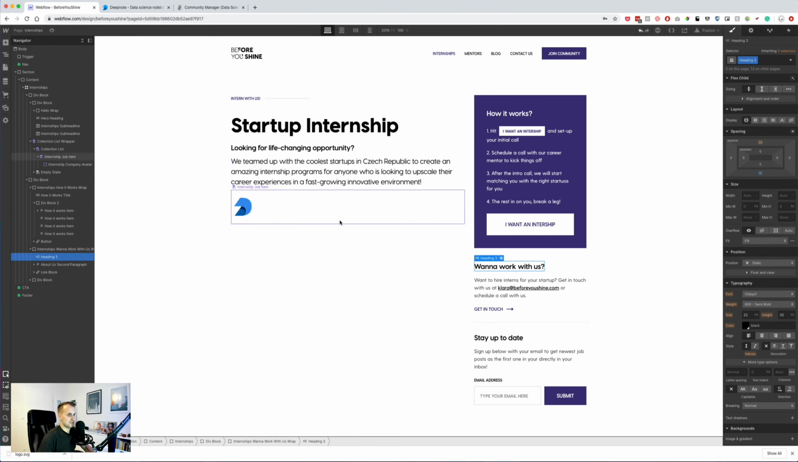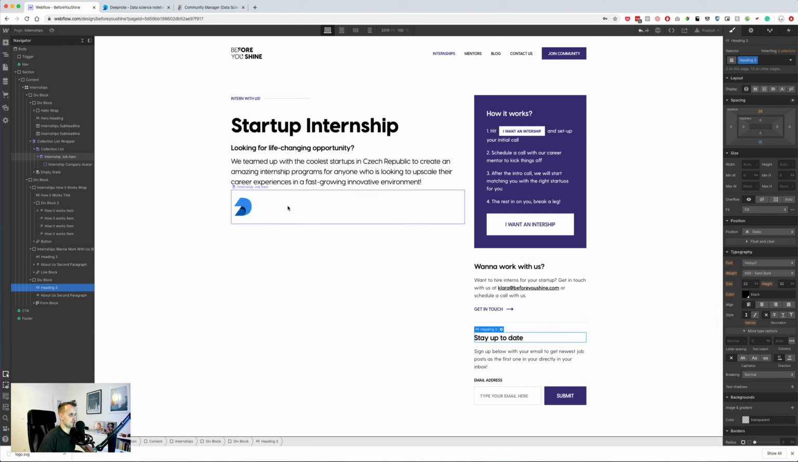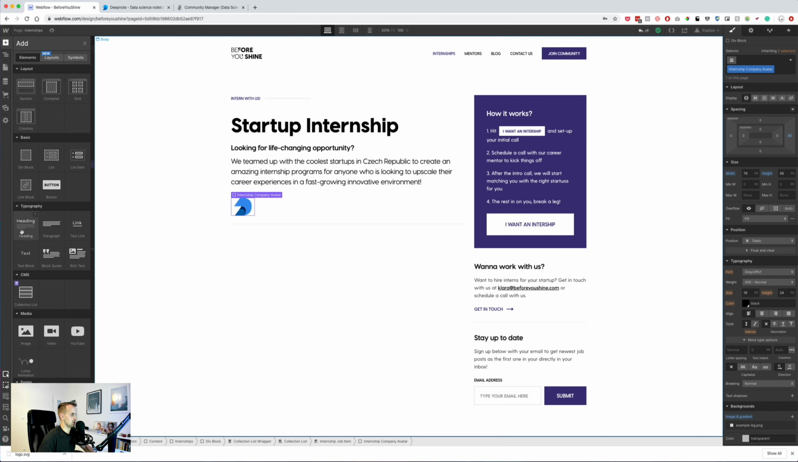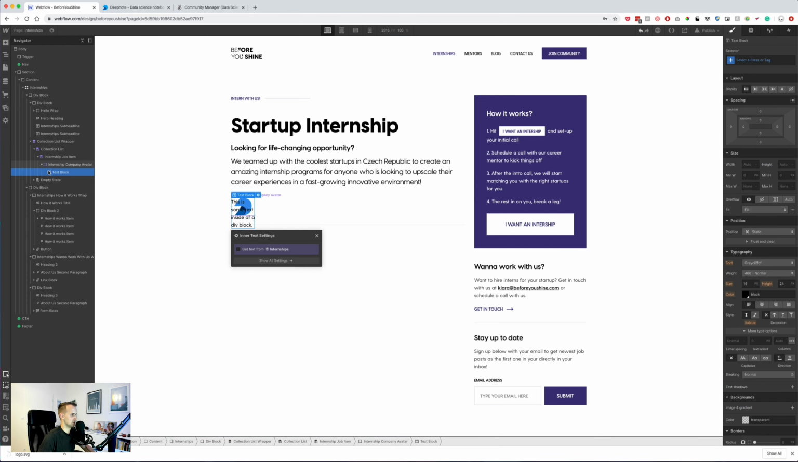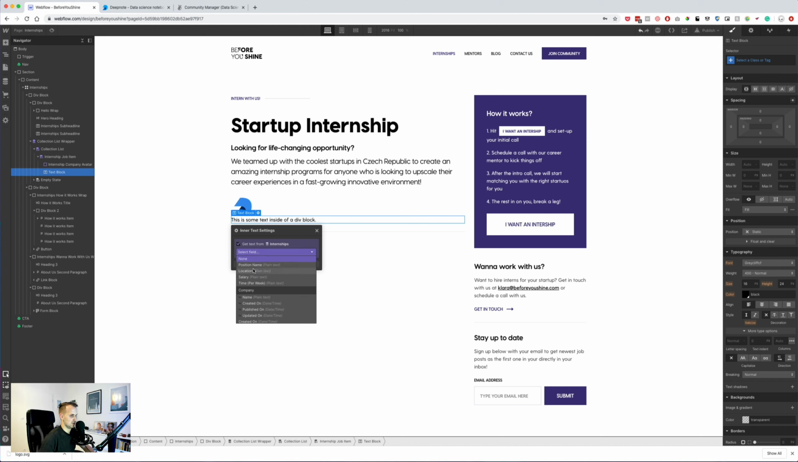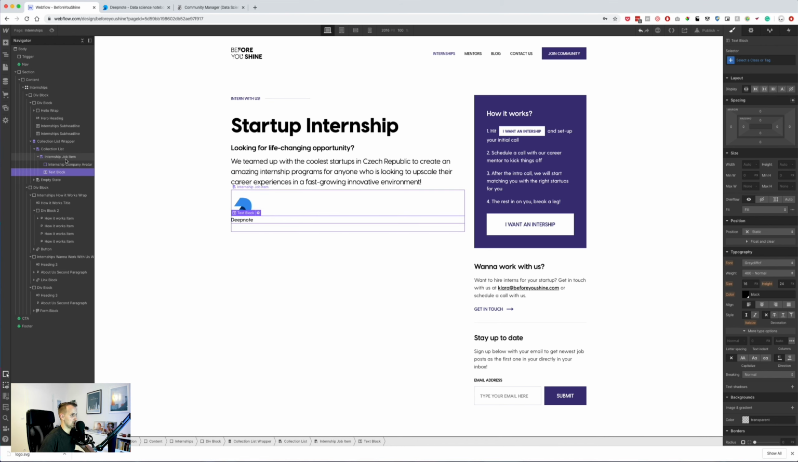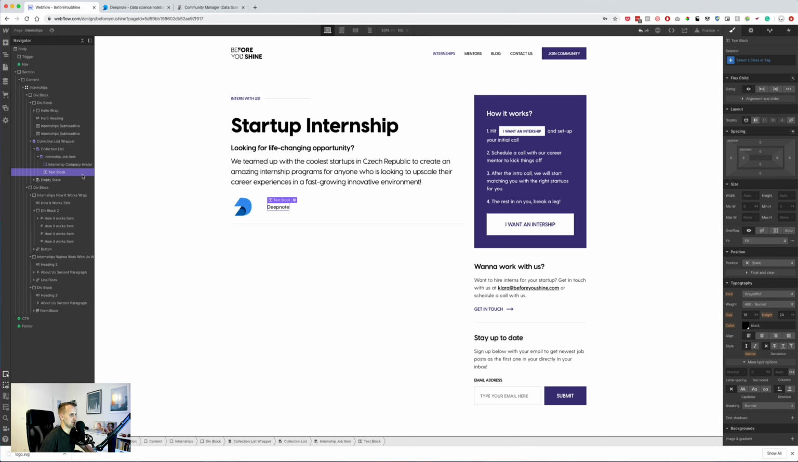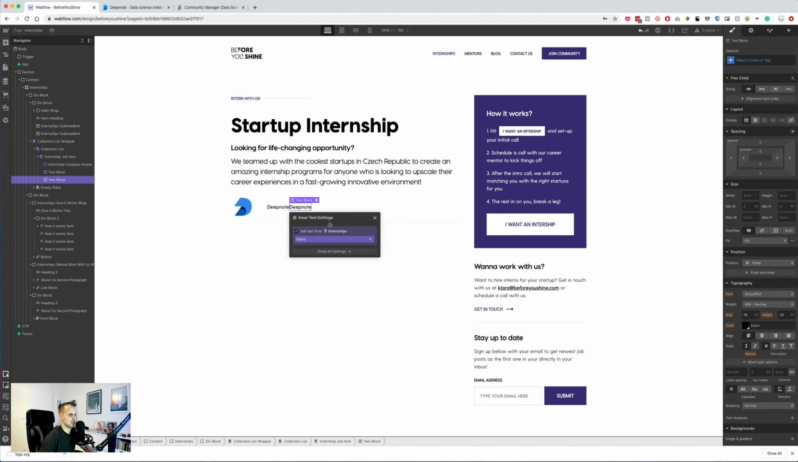And now we need the title of the position. We won't use H3 to be honest. We will use just text block. We will use text block, which will get the text from company. We will flex it, centered, deep note, position name,